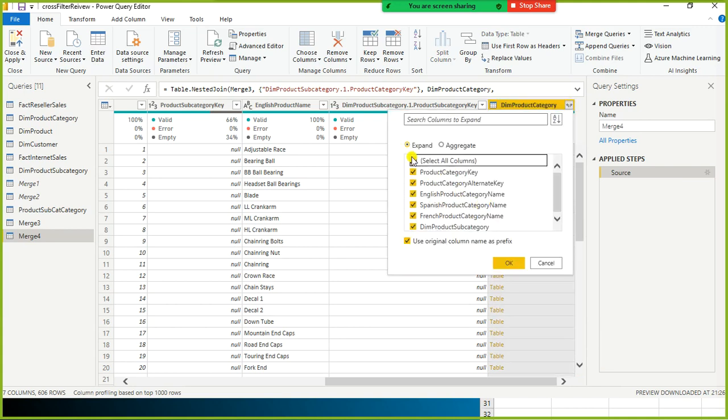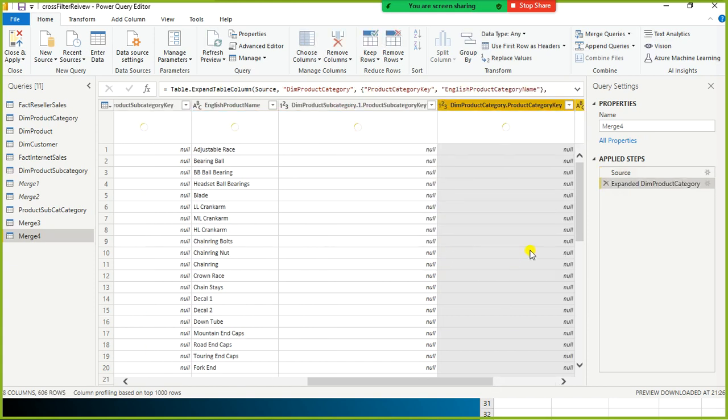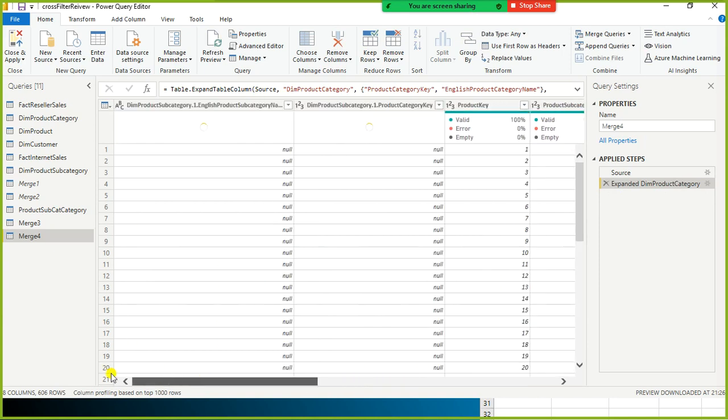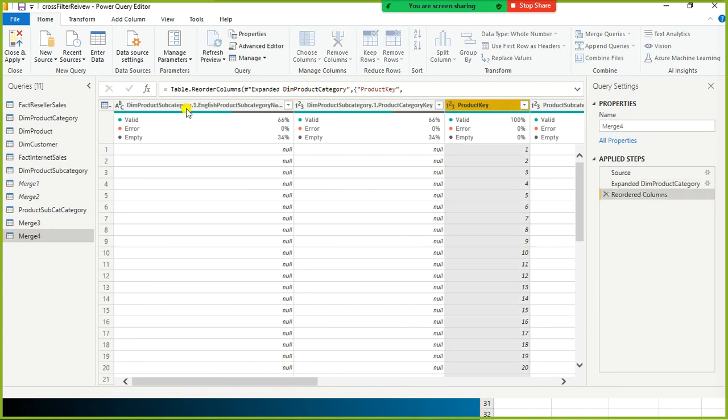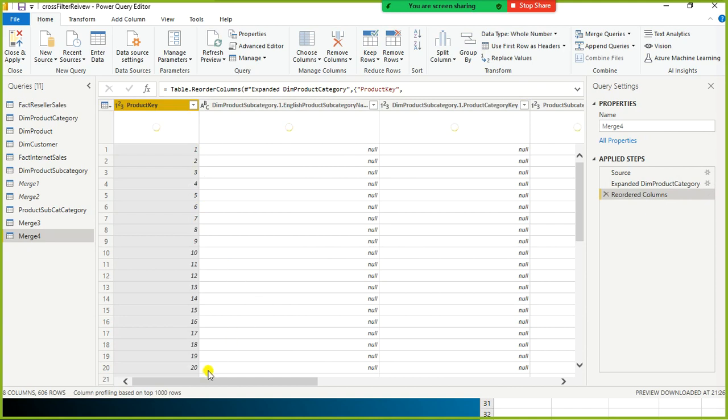Look here, I don't need all these things. Even for my reference, I don't need this one now. Let the category name be there. That's all. The rest I don't need. Right, we are done. So I move this here, product key first, for our understanding.